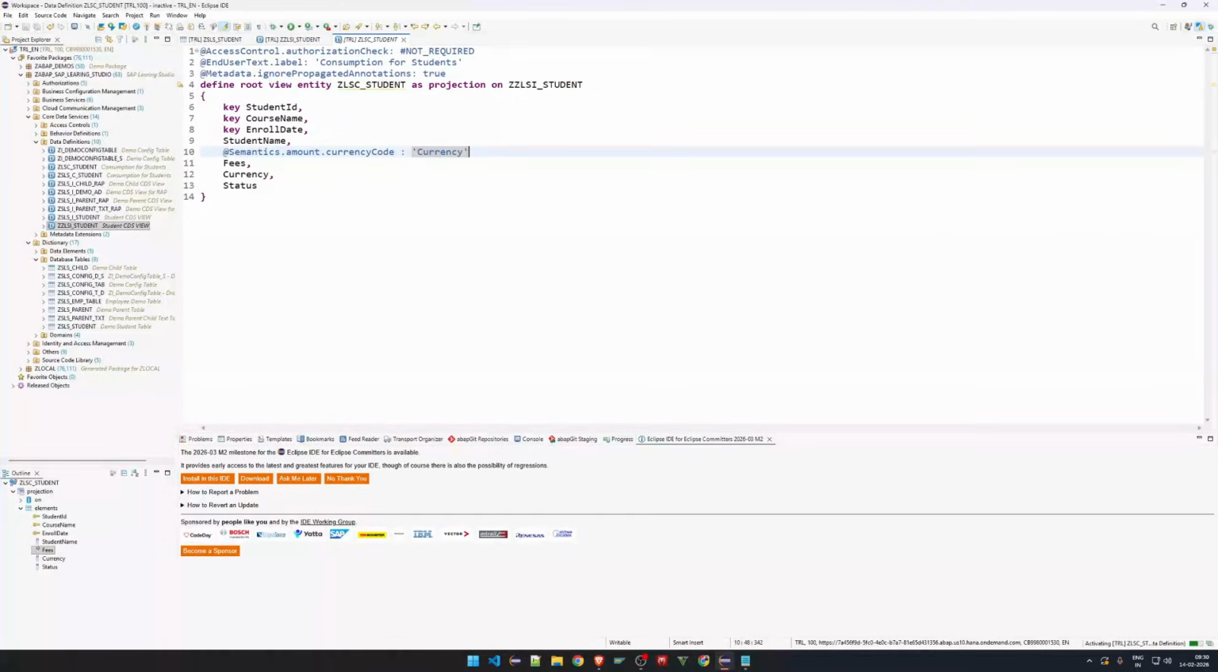After creating a consumption view, the next step is metadata extension. This is an important part for Fiori. Instead of adding the UI annotations directly inside the CDS view, we can define them separately. We can also add all our annotations in this view, but we can do it separately and create a metadata extension as well. So let's activate this and right click